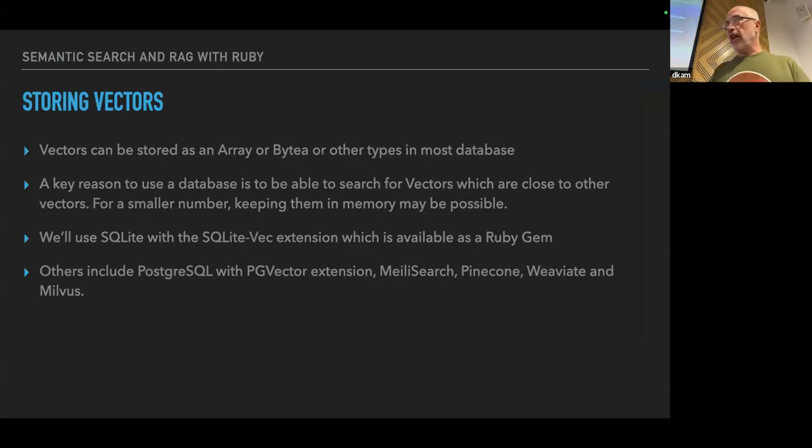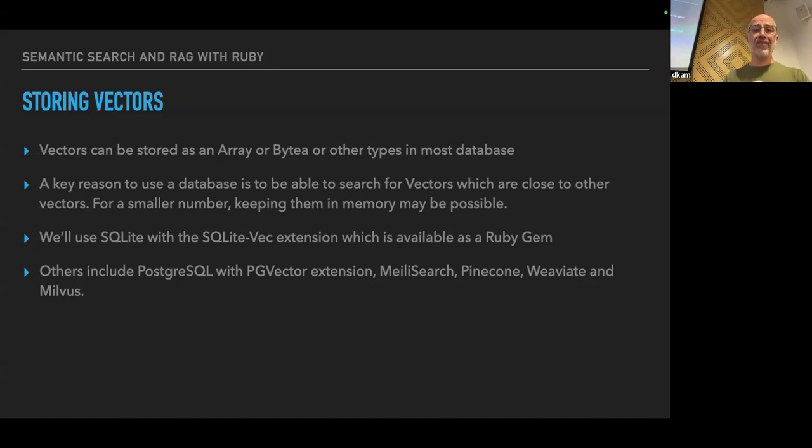So once we've generated our embeddings, we need to store them somehow. And depending on your application and the size, you can just keep them in memory. You can write them to disk. You can store them in a database. But it is useful to use a vector database because if there's any value and you need to load it up again, rather than generating embeddings again, it's nice to have them available. And the vector databases will do a very clever thing. You can give it a vector and ask it for the closest vectors that it has stored